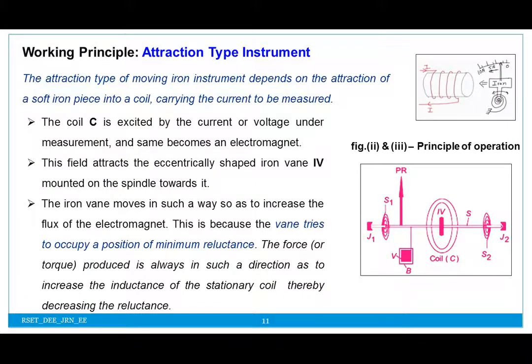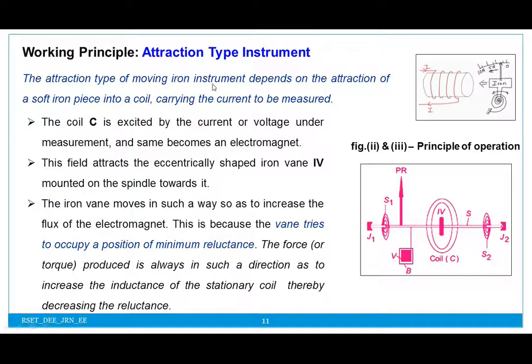Now we'll see the working principle. For understanding the working principle, I have taken two simple diagrams. So stationary coil, moving iron which is pivoted at this point, control spring, pointer and the graduated scale. This is a center zero type scale shown over here. Now this is another diagram which will help you to understand the working principle in a much simpler way. Spindle at both ends, you can see two jewel bearings. This is my iron vane or soft iron vane. This is my coil, stationary coil, spindle, two springs, pointer attached to moving system, and this is the control weight.